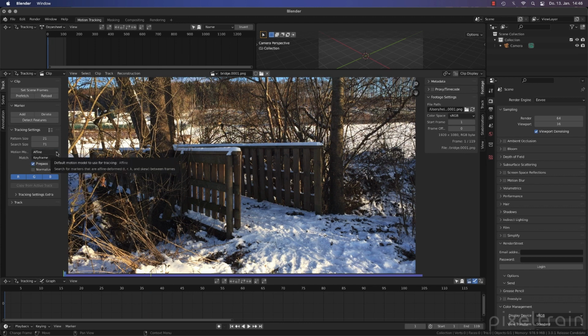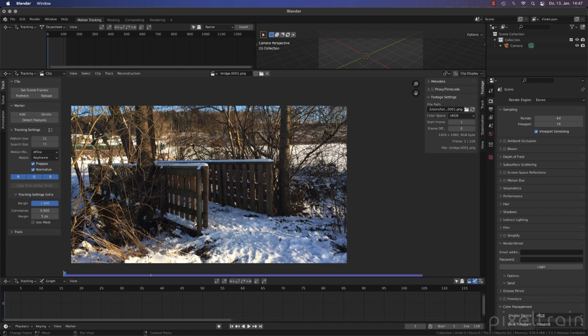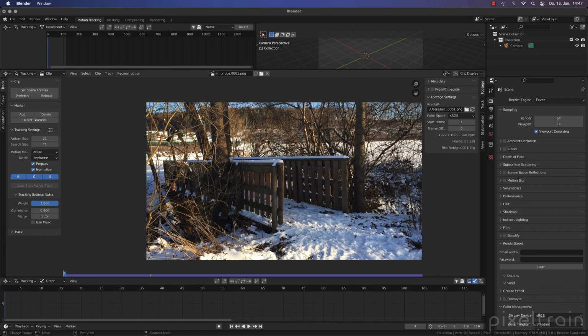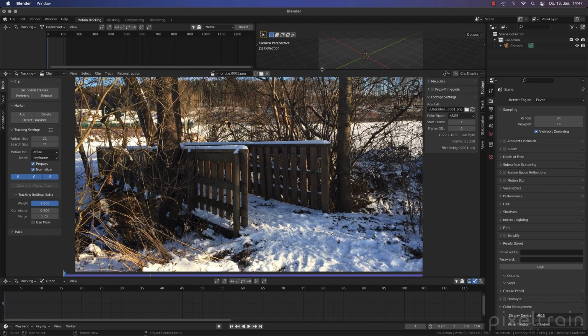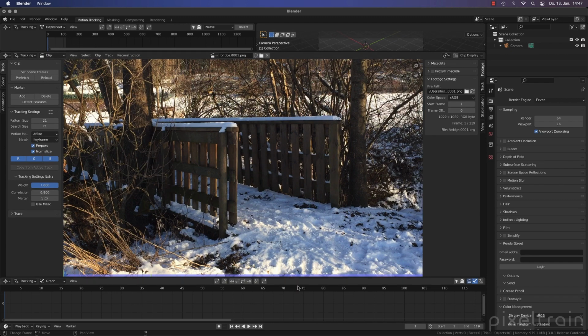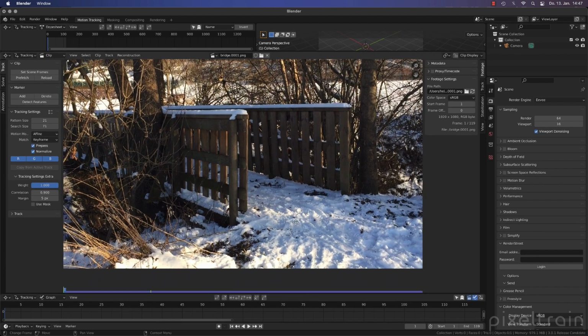We use affine here. We want to normalize the lighting because we have some shadows going on. Maybe this can make a problem later. And in the tracking settings, I want to have a correlation value of 90%. To be sure that we don't track anything close to the border here, we set a margin of 5 pixels here. So that's the setup for that here now. And now we need 8 trackers.